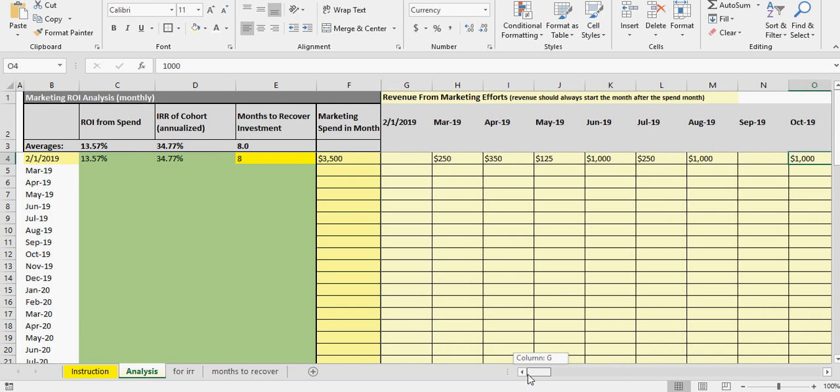So the last really important part of the analysis is months to recover investment. In any recurring revenue business, you want to know how many months it takes for your marketing spend efforts to make back the initial investment on a total revenue basis. Now, this revenue might have costs associated with it, but we're just saying how much time on a top dollar amount. If you spend 3,500, how much time does it take to get that 3,500 back